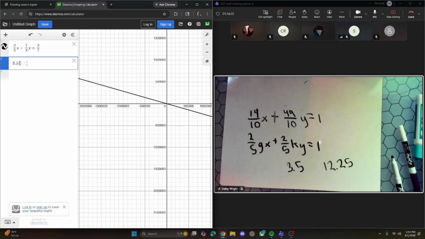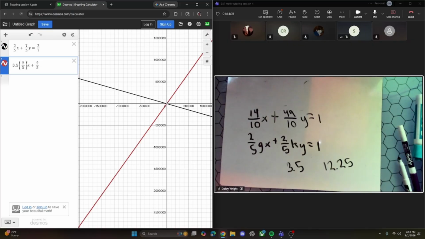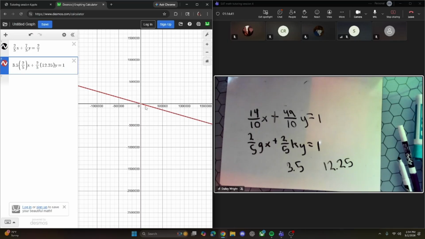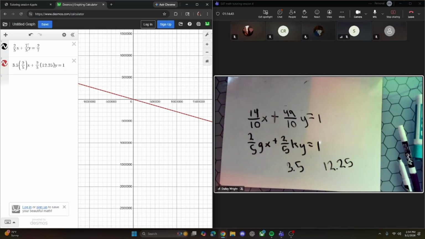Oh, it's 3.5 times 2 over 5 because the constant's still there. x plus 2 over 5 times 12.25y equals 1. So when you're zoomed out like this, you can press these buttons and you can see that